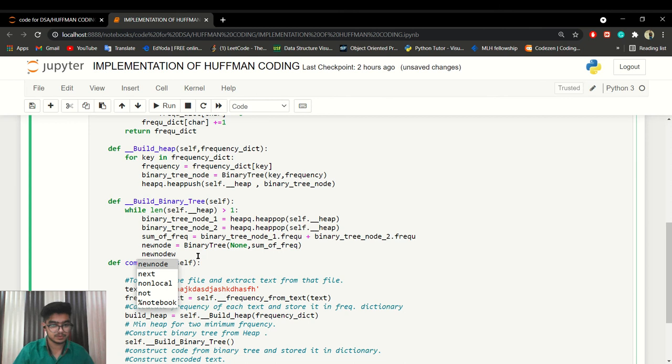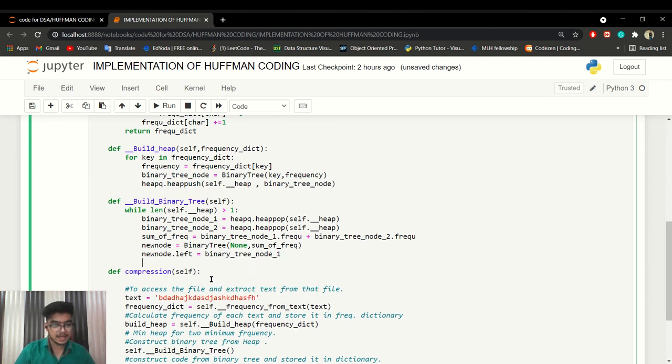New node dot left is equal to binary tree node 1, and new node dot right is equal to binary tree node 2.